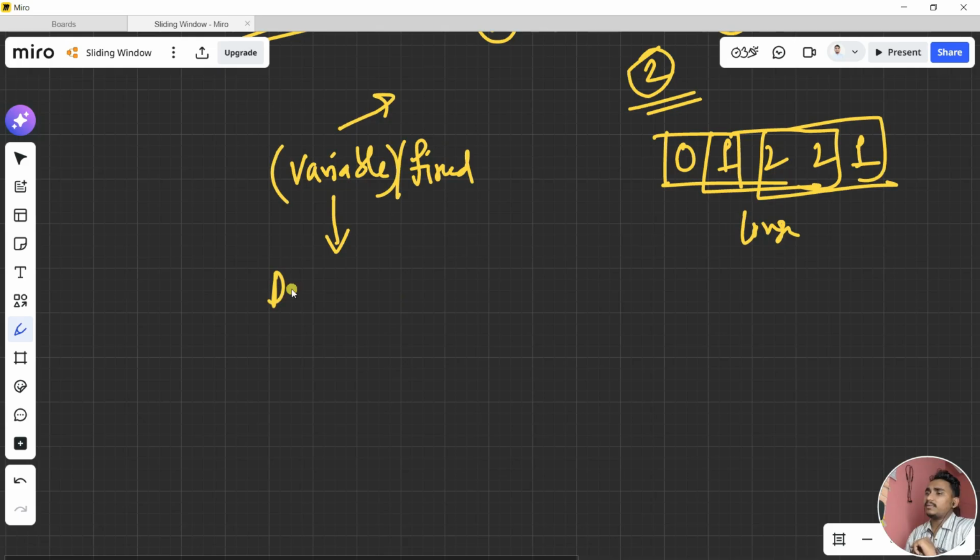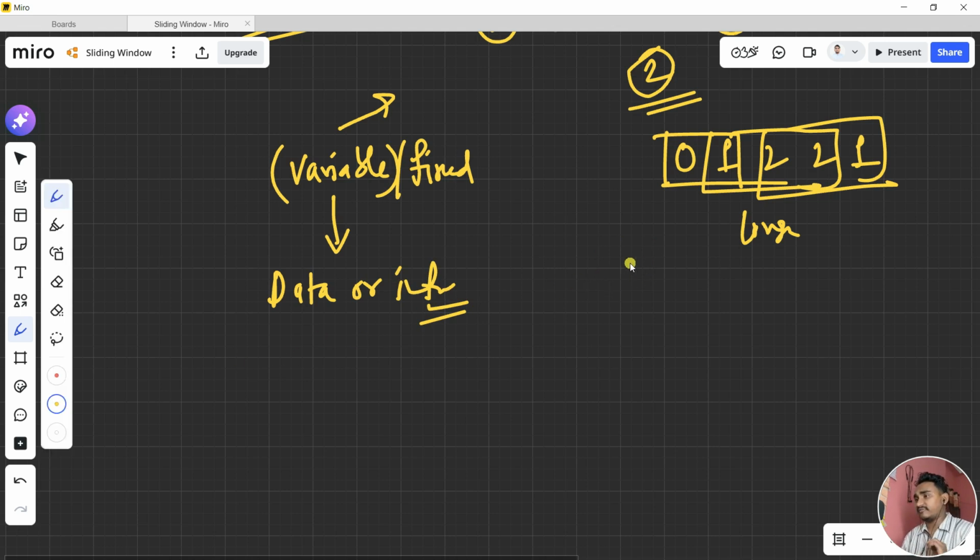Now we need to find our data or information. How can you think of it? Because you need to find the longest subarray, it means that you need to store the frequency of it, because